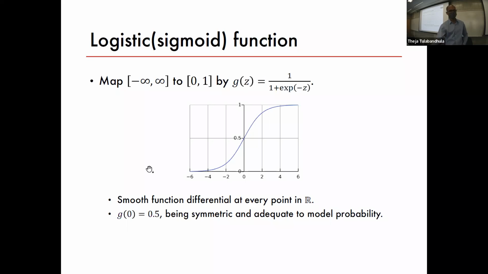I think we just mentioned that it's smooth, which just means it's differentiable at every point. And g of theta, g of 0 is 0.5. So now we can use this function to define our model specification. We're going to move away from regression to classification in the next few slides. But one quick point here, and we're going to use it a few slides from now.